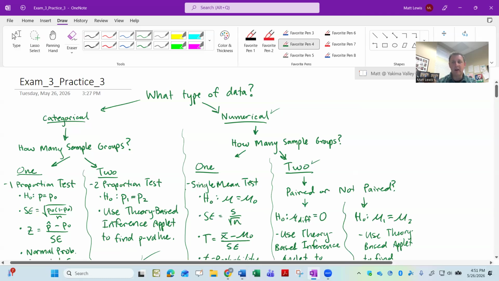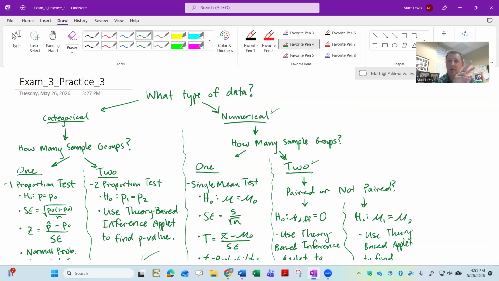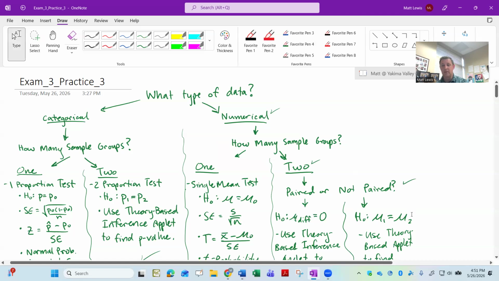And is it paired or not paired? Well, it can only be paired if, number one, the sample sizes are the same, and number two, if it makes sense to actually pair a piece of data in one group with a piece of data in the other. And I'd say the answer is no on both counts. Both of those have to be true. We don't even have the same sample sizes. It was 590 females, 588 males. So we're already out of being paired data from that. But it just wouldn't make sense to put a particular number of hours that a male spent and pair it up with a specific female in the other group. There's no connection between them. So we're definitely not paired. So this is a two independent mean test.